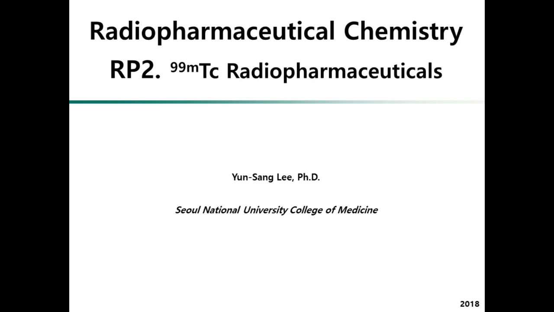So we are doing generator production, and every week we produce around 18 to 20 generators and supply them to all the nuclear research centers in our country, and also the private hospitals. And we do the quality control in our laboratory. After production, we take 4 generators and do the quality control, and that is the pyrogen test, radioactivity and toxicity. This test is for a technetium generator itself.